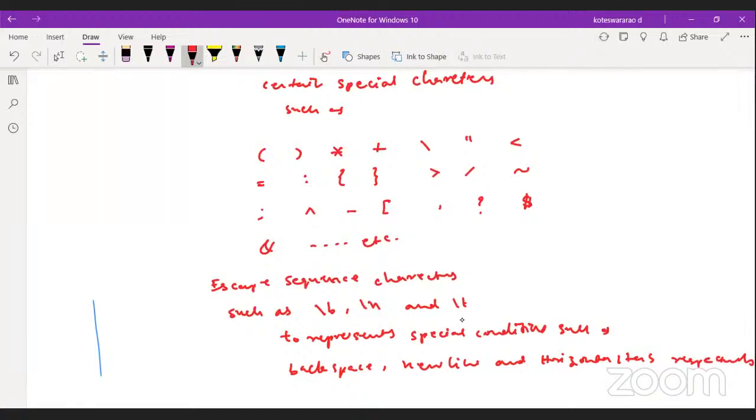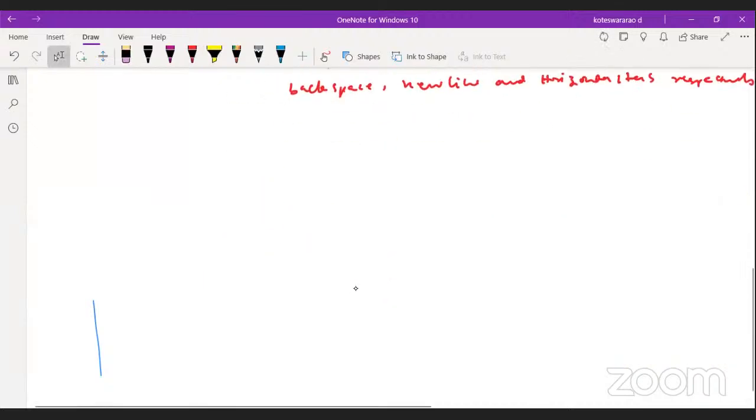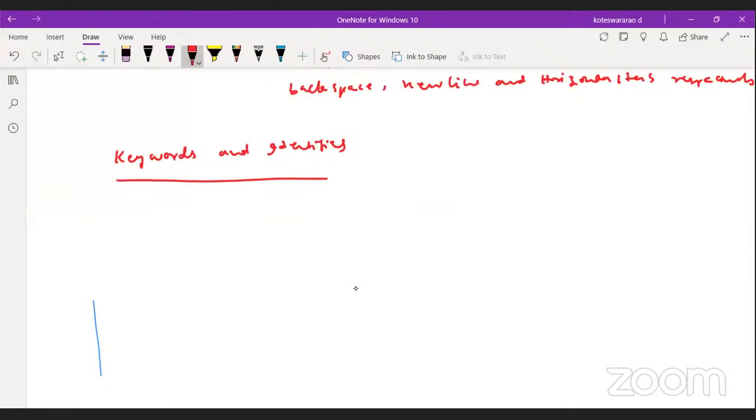Now, next, keywords and identifiers. There are certain reserved words called keywords that have predefined meaning in C. These keywords can be used for the intended purpose only. The standard keywords are